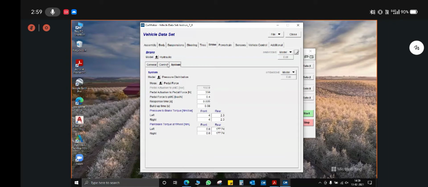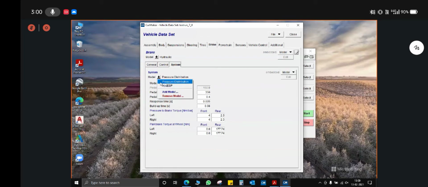Okay, so in the brake system part, here you can select the pressure distribution model, because this is the hydraulic ESP model. You can see what the hydraulic ESP model is in the reference manual or in the user's guide. It includes all the things that a commercial vehicle has, like the brake booster after the brake pedal, then the brake lines, then maybe solenoid motors. All these things are there, which is not the case in a BAHA vehicle.